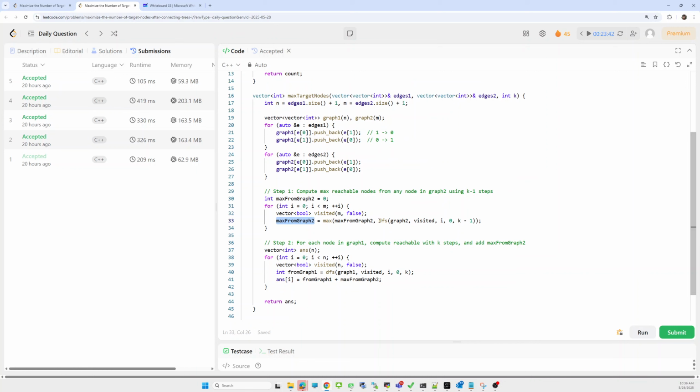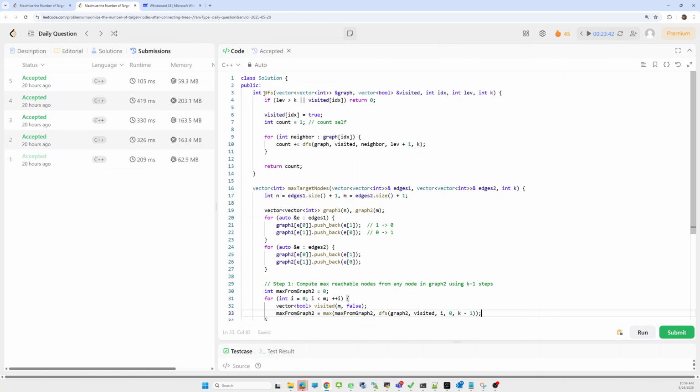First we'll look at what we pass: the adjacency list, visited for checking, since we iterate separately for each node, and the current node. The initial level we have to maintain, meaning we calculate the level, like a level order traversal, and there we search up to k minus 1.